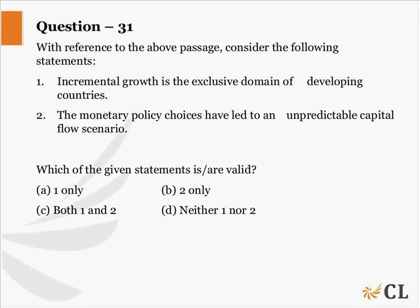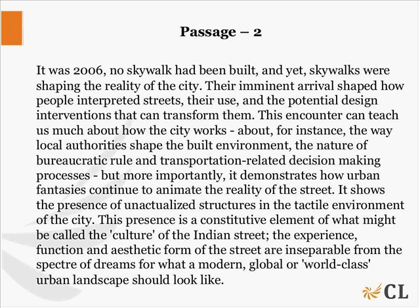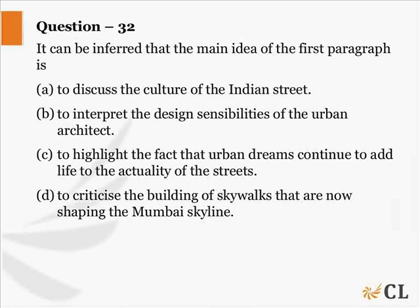Okay. After 31, one more request came for 32, so move to 32. The question is, I think it was about the first passage's main idea. Yeah, I remember it. Okay, so it can be inferred that the main idea of the first passage is, okay,